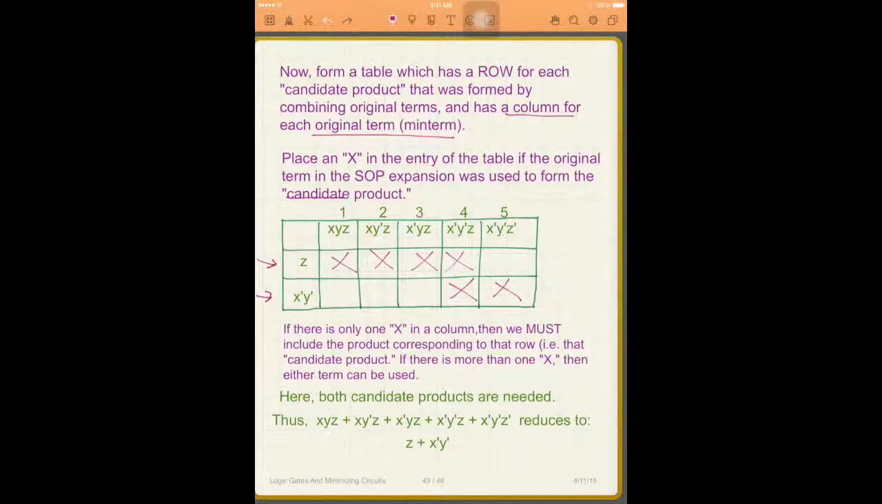Do I just use the whole thing simplifies to z, the whole thing simplifies to x complement, y complement, or do I take both of them and add them? Well, if there's only one x in a column, then we have to include the product corresponding to the row. The product just meaning the candidate. I just like to call it candidate. So if there is more than one x, then either term can be used. But notice there is one,